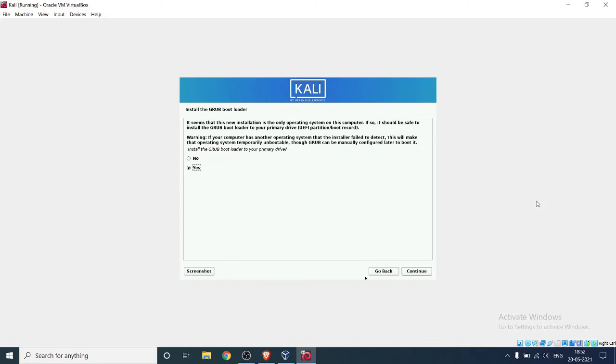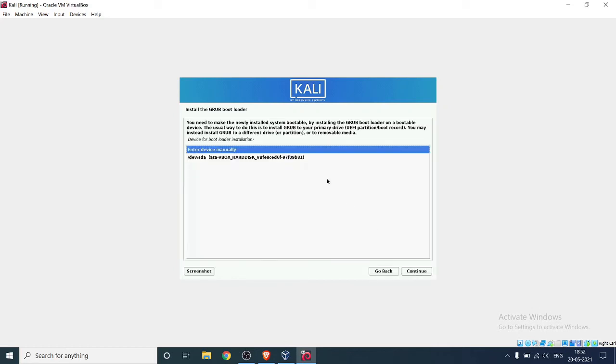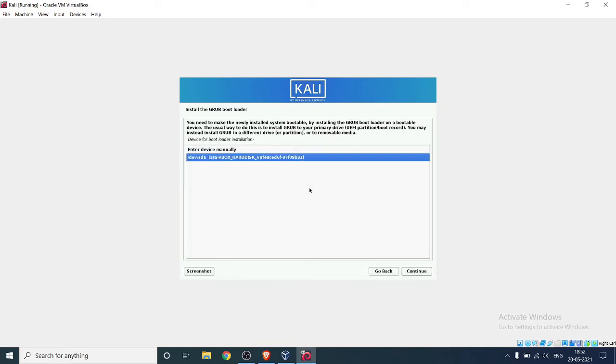Now here you can see the installation part has been completed, and now it is asking to install the GRUB bootloader on your primary drive. So click on yes and continue, and here you can see the virtual drive.